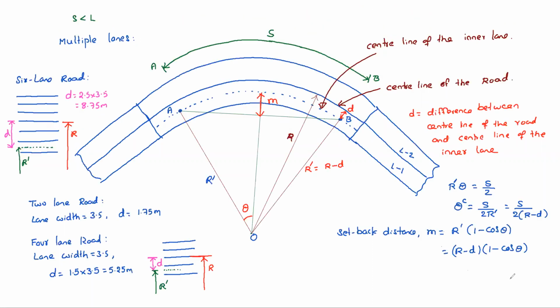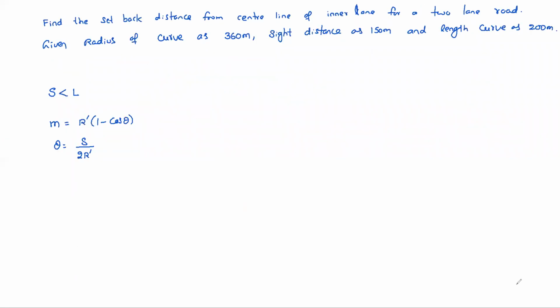S by 2R'. M equal to R' into (1 minus cos theta). Okay, now you can work out theta in radians equal to S by 2R'. S is how much? 150 meters by 2 into R'. R', okay, assume lane width equal to